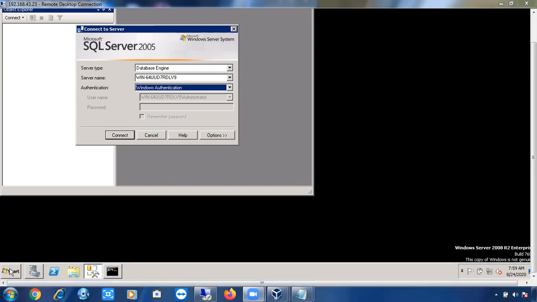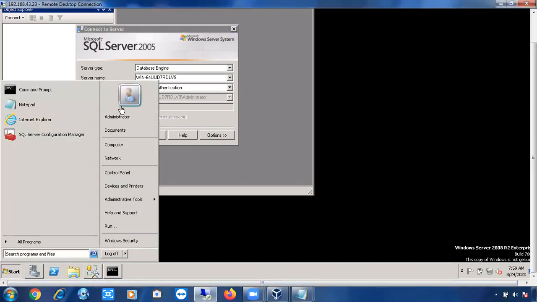I just logged into the machine as an administrator. You can see the user, meaning who connected to the server. Here you can see now administrator is connected. If I connected as Madhu, you can see Madhu here. If I connected as Ram, you can see Ram here. Srinivas, you can see Srinivas here.